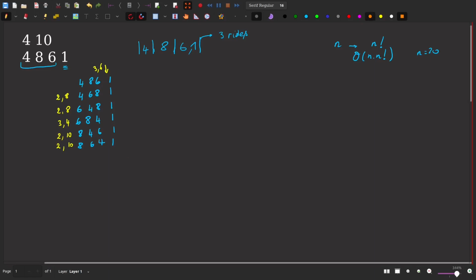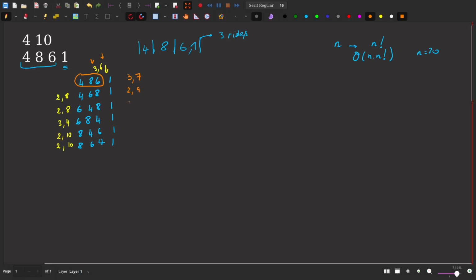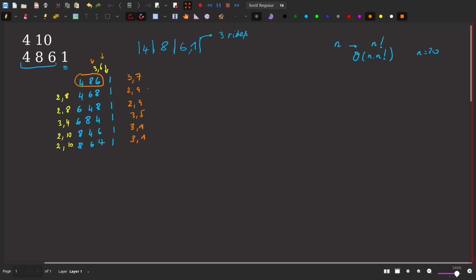Now, I want you to notice that we don't need this whole information to calculate how many rides we would require by adding this one. The only information we need is how many rides we've used so far and the total space taken in the last ride. So I know for sure that the answer for this would be 3 with 7 spaces taken in the last ride. For this it would be 2, 9, for this it would be 2, 9, for this it would be 3, 5. This would be 3, 1, because this last ride was full, I cannot add 1 to it, and the same thing for this one, it would be 3, 1. And we actually achieved the optimal answer with these 2